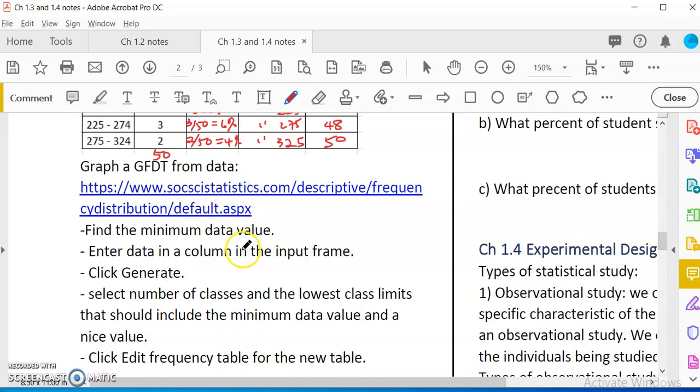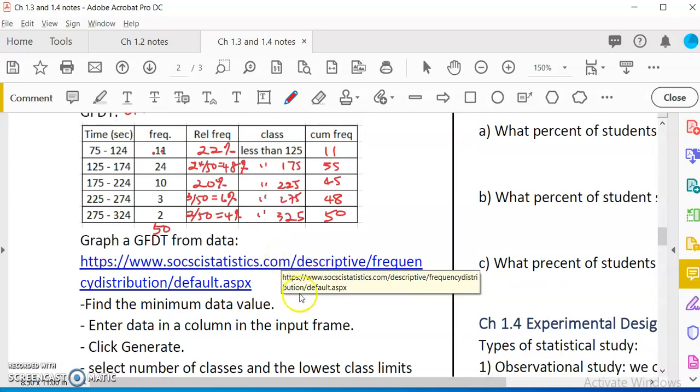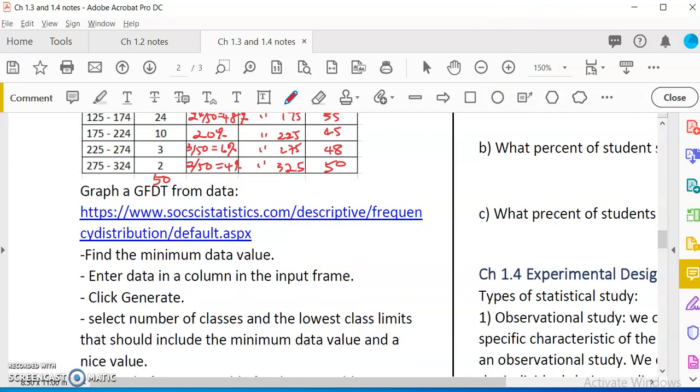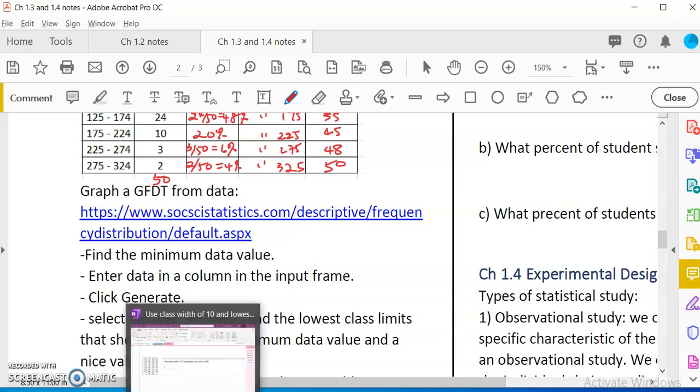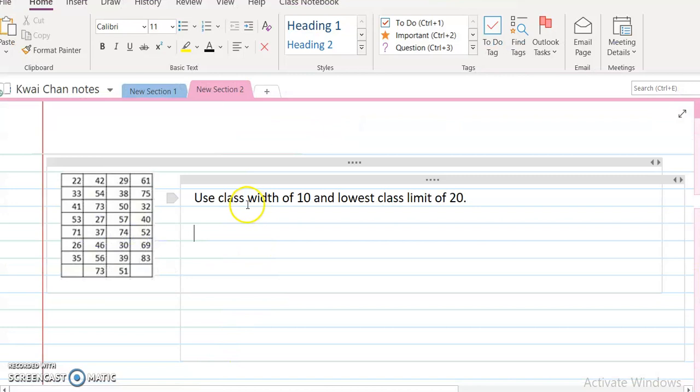Because actually summarizing it in a table is not very necessary. Nowadays, most people summarize data into graphs. So the more popular way is to summarize them into graphs. But going through this, you can understand the summary process. So this is the same data that I have over there, and I want to show you doing it